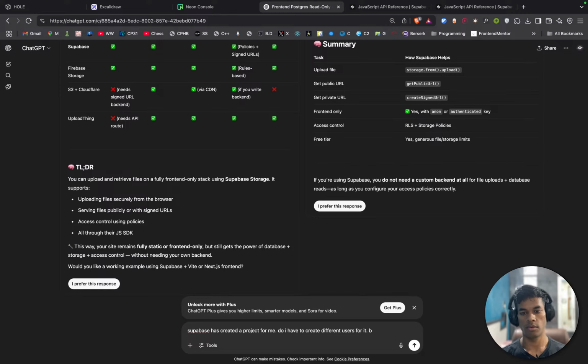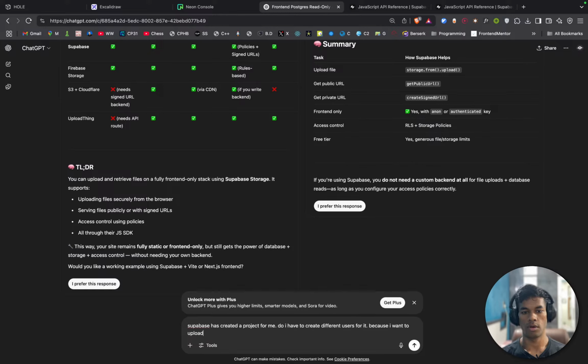Because I want to upload the file from my side and get only read only permissions for the front end.